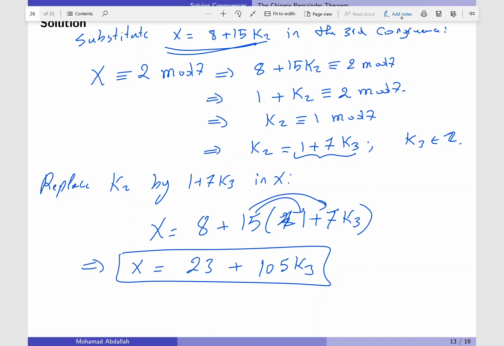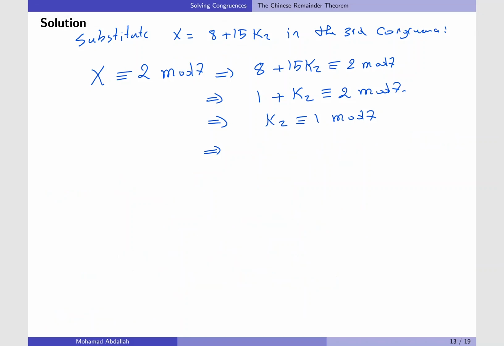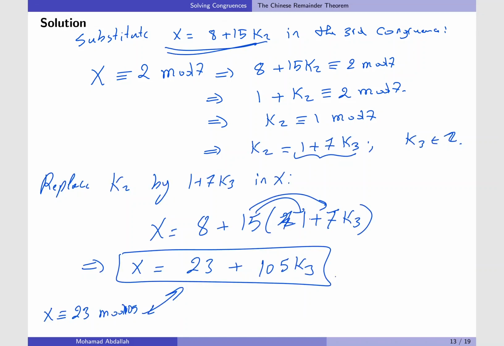Well, this is exactly what we got previously. What we got in the previous method was x congruent to 23 mod 105, which is the same as this. So these two are equivalent. This is how you solve this system using the back substitution method. Again, use the method that you prefer. It's not required to use this or